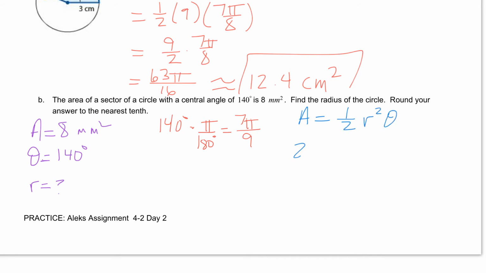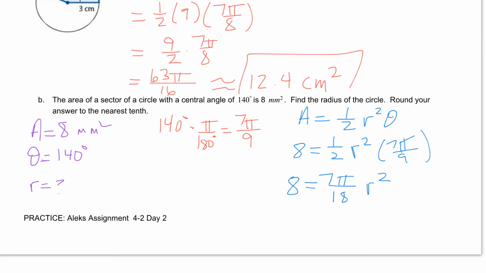We know A is 8 times 1/2 times r squared. And then theta, we are going to use 7 pi over 9. We can multiply in any order, so we can take the 1/2 and multiply by the 7 pi over 9, and that's going to give us 8 equal to 7 pi over 18